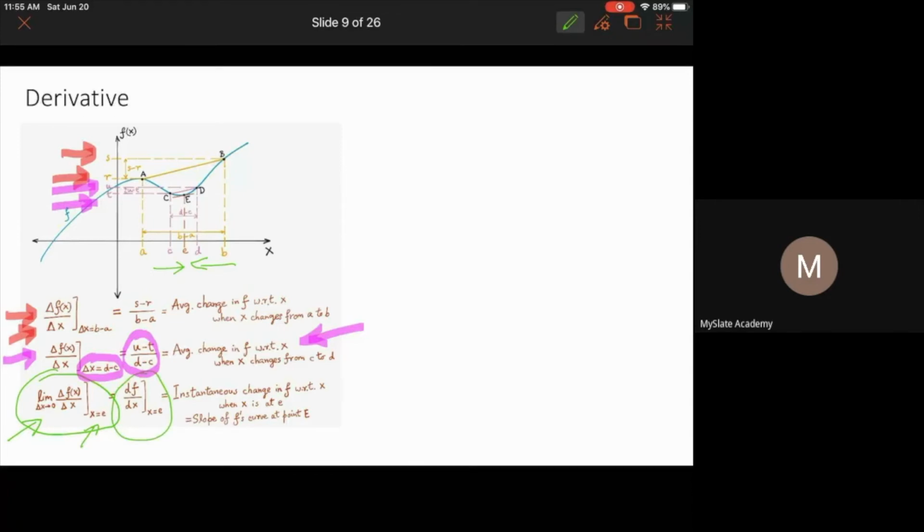And intuitively, you can probably argue that, just like the previous expressions were the slope of these line segments AB and CD, this one would be the slope of this tangent that you will get at x equal to c, right? Tangent to this curve of f. So this is what we have here, the instantaneous change in f per unit change in x. This is how we define the derivative, let us say at x equal to c, and this is how we write it: limit as delta x tends to 0 of delta f by delta x while we are at x equal to c.